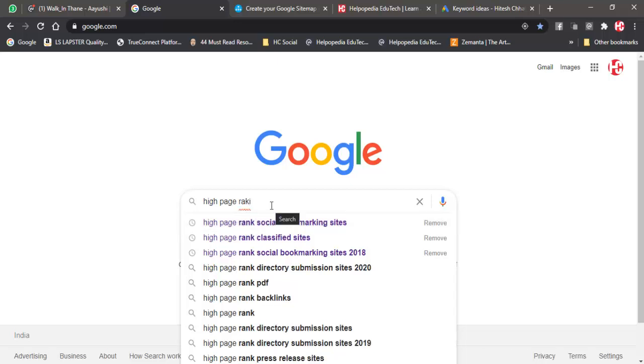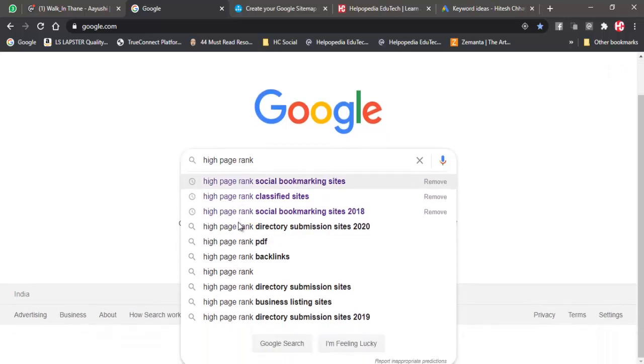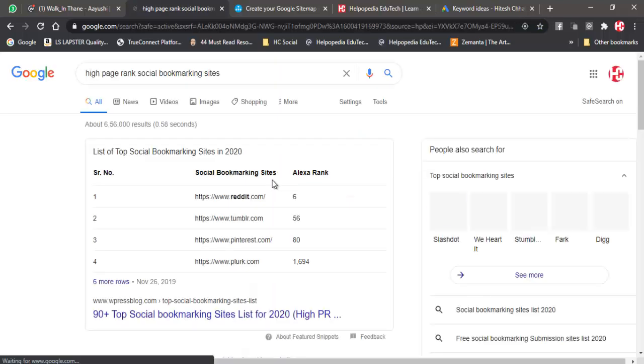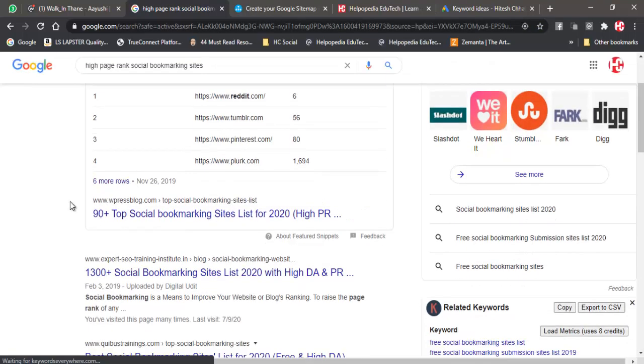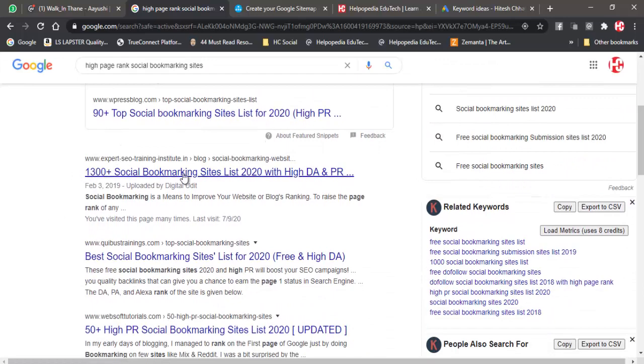See, I have just typed high page rank, and you can see high page rank social bookmarking sites, high page rank classified sites, high page rank social bookmarking sites 2018. These are the places where I can post my content. If I go to high page rank social bookmarking websites, we will get thousands of websites. Over here you can see 1300 websites.